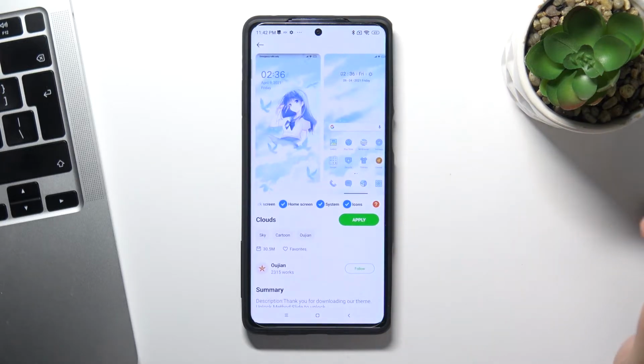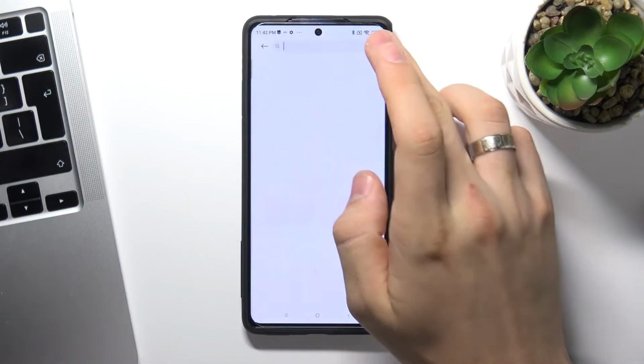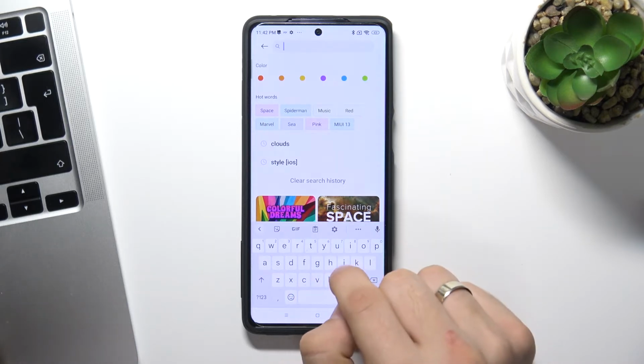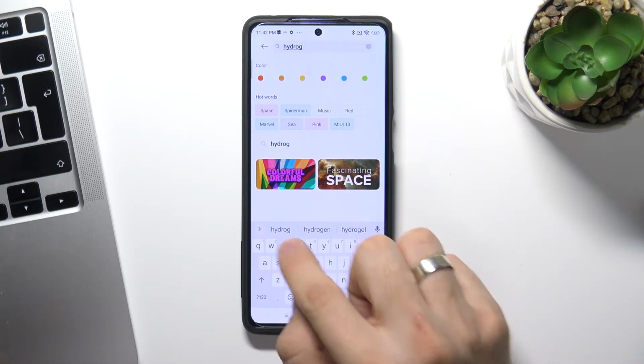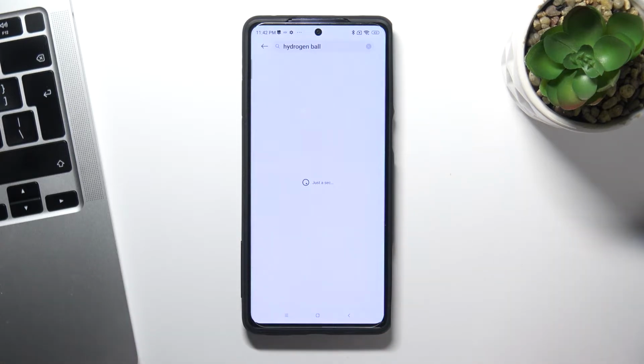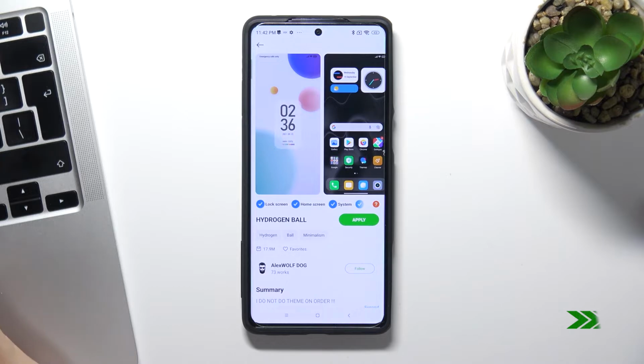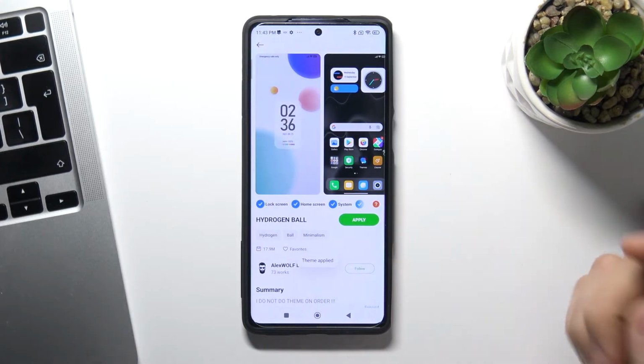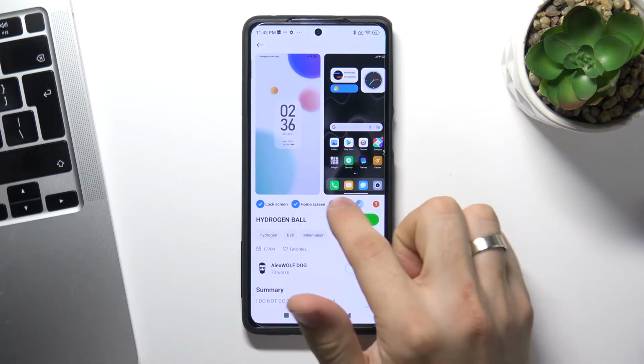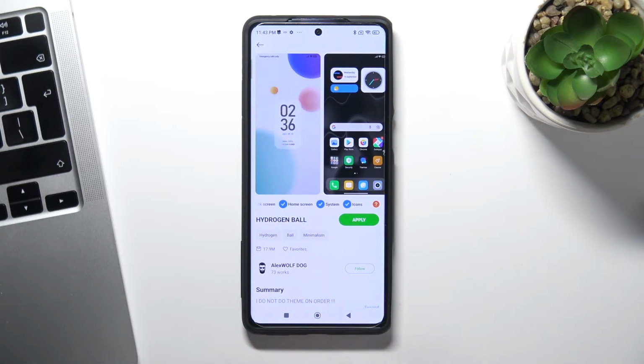So on the first place in our top is proudly the Hydrogen Ball theme. So let's find it. Just find Hydrogen Ball. Download it and click apply. As you can see, this theme also changed lock screen, home screen, system and icons, but just